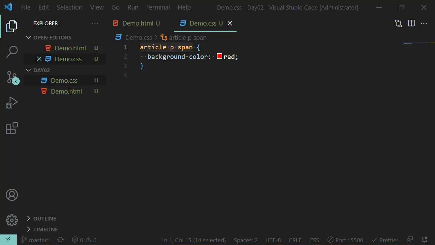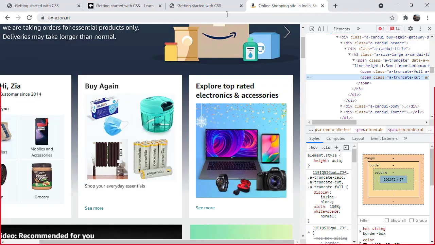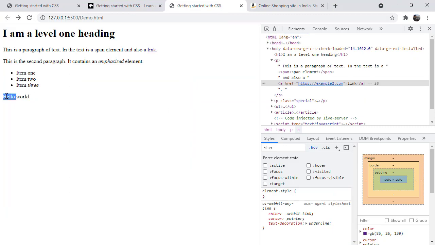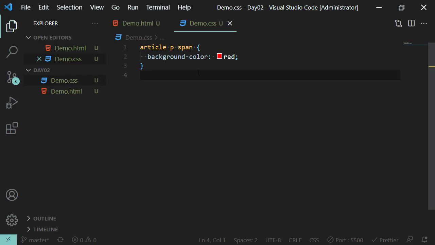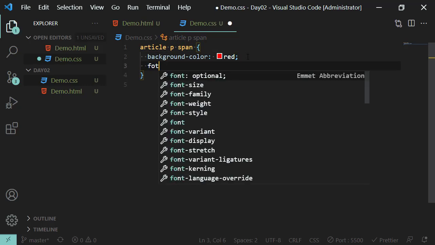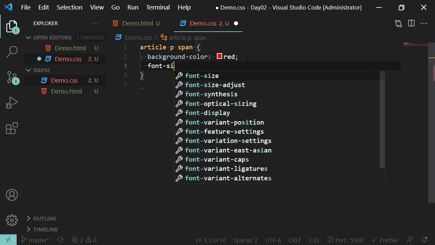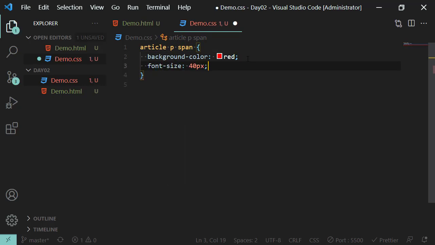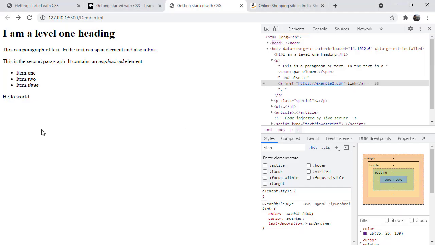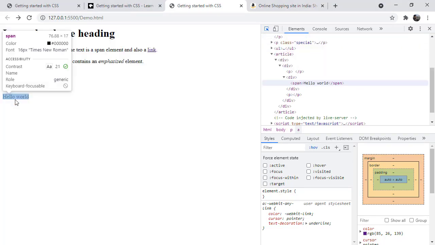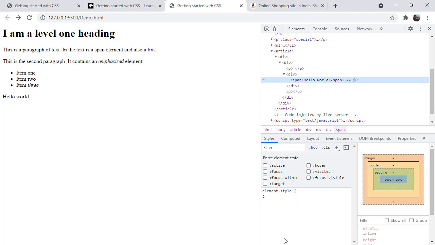I've lost my browser window, just one second. So over here I'm seeing hello world. I'm not seeing background color at the moment because it is article and p and span. Font size, let me make it 40 pixel. So font size is also not taking effect. I think it could be because of